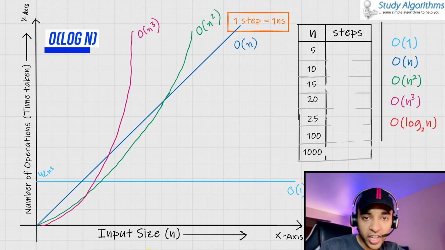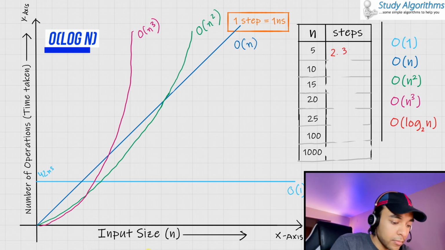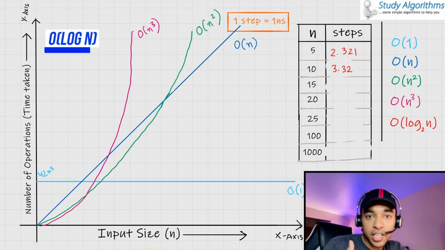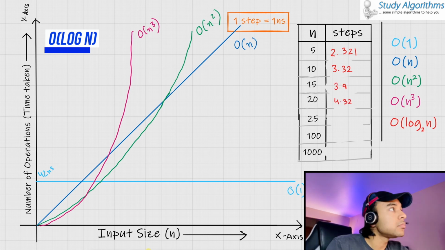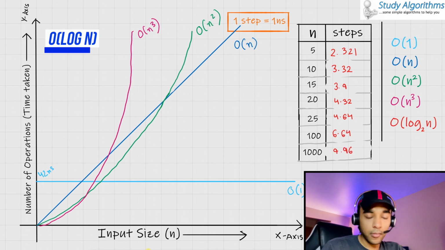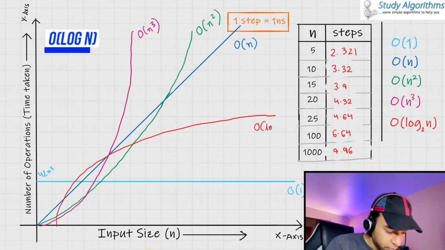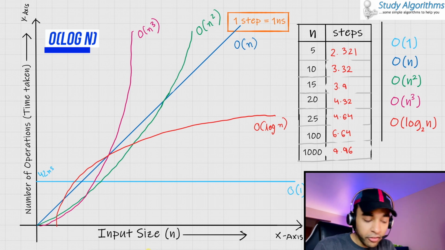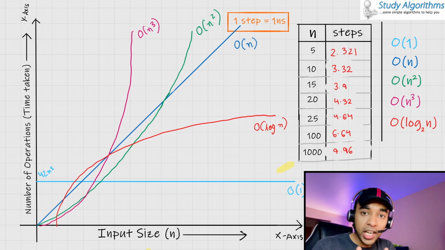So when I do log 5, it would come something like this, log 10 would be this, and similarly, I would fill in the remaining values. Now, when you plot these values on the graph, this would look something like this. As you can see from the graph and from our table, as the value of n increases, the value of log n does not increase that much. And an algorithm which runs in order of log n time is actually better than an algorithm that runs in